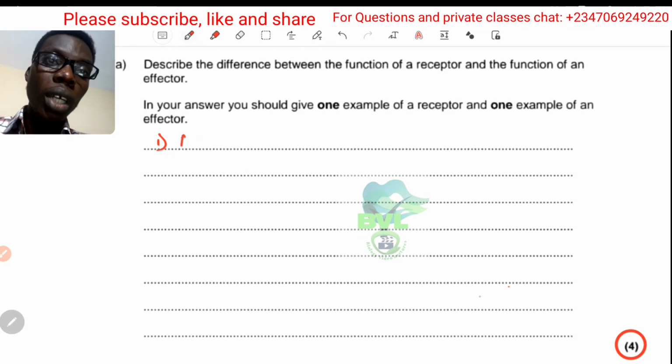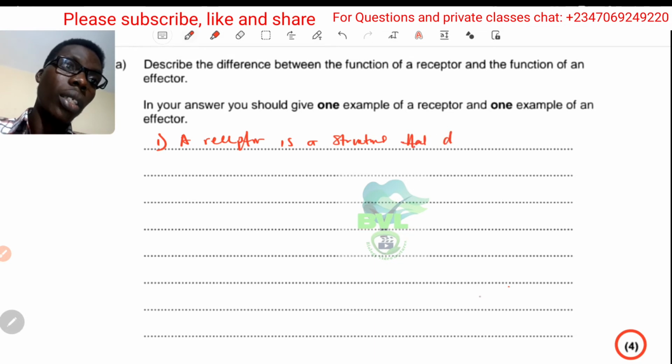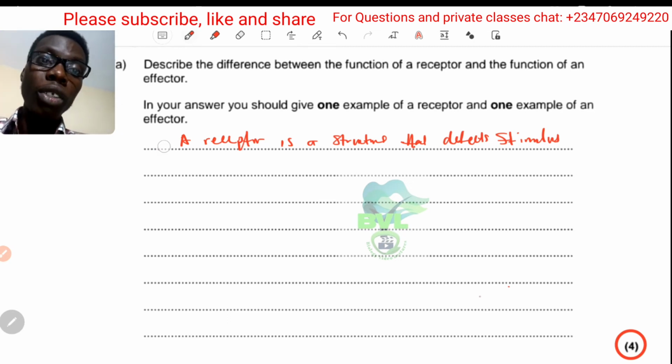So a receptor is a structure that detects stimuli. Let's just use singular, stimulus, so to say. You can just stop there. Then second point, you don't have to number it, sorry, like that. Second point, okay,